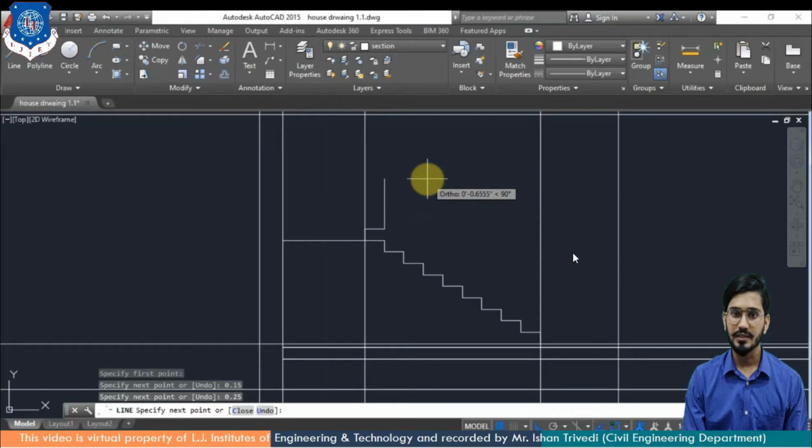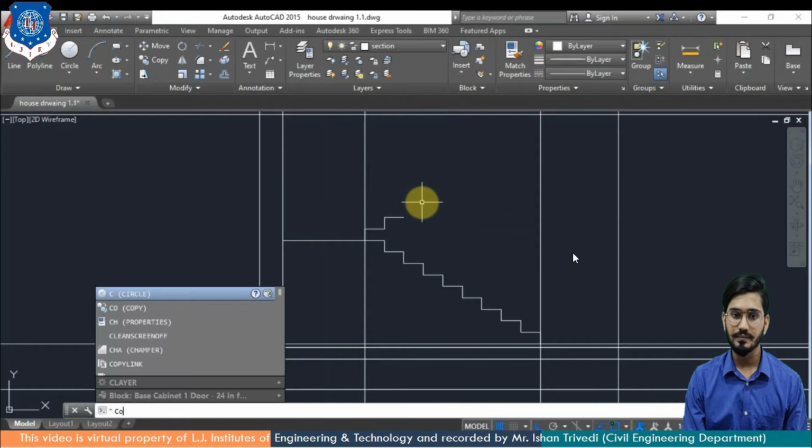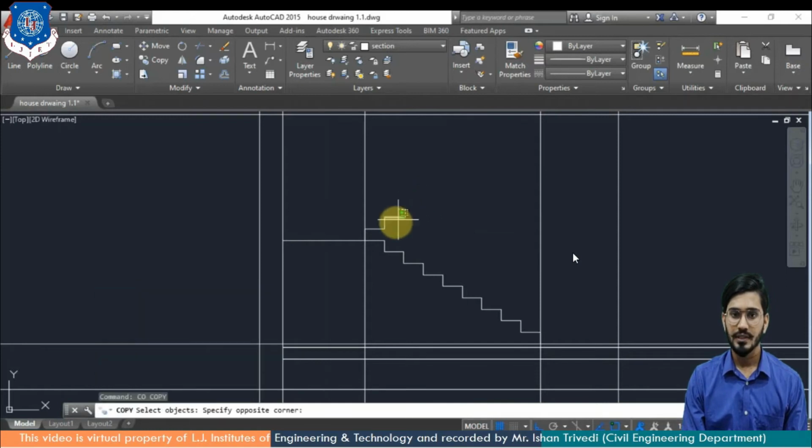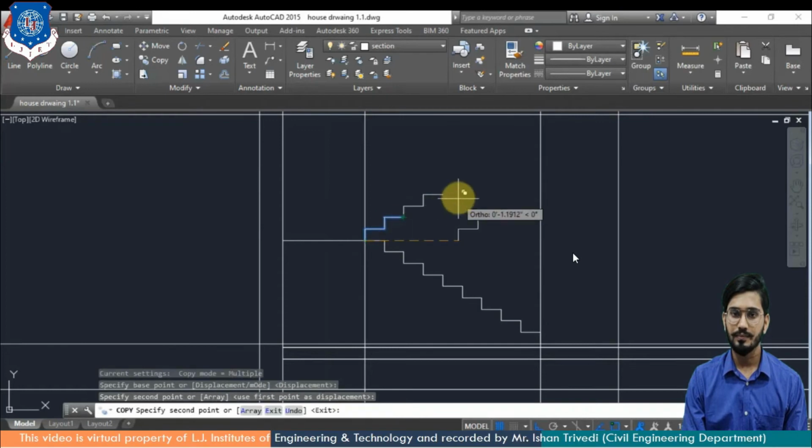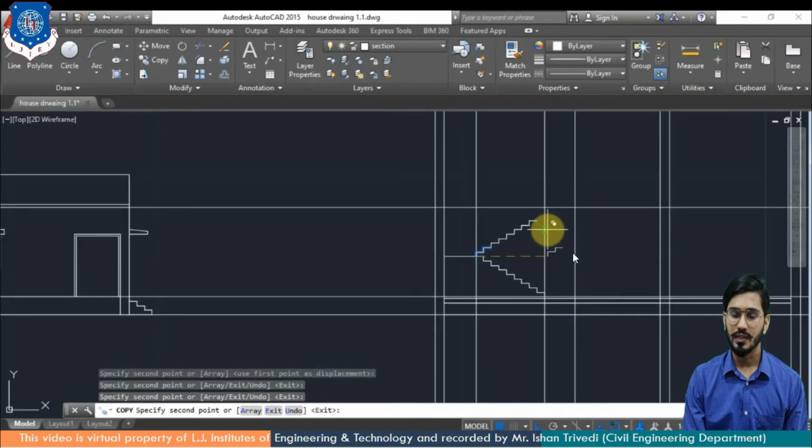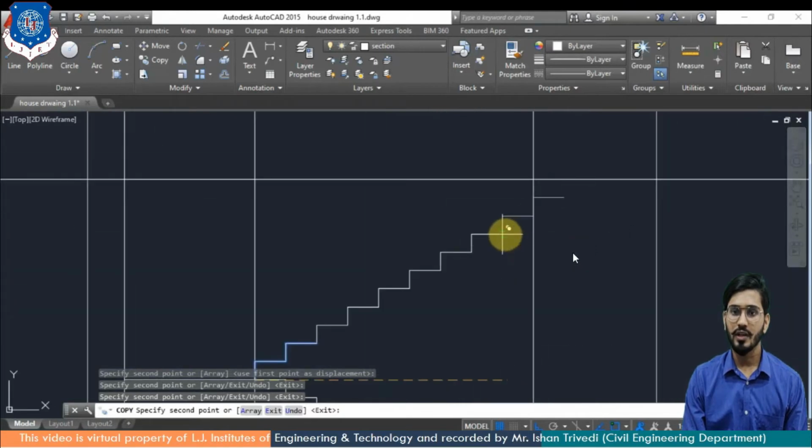By repeating this, I will have a shape and I am going to copy it again. So this is how you can practice in both cases. Again copy, and by selecting I can reach up to the upper floor level. If your drawing is true, you can easily approach.